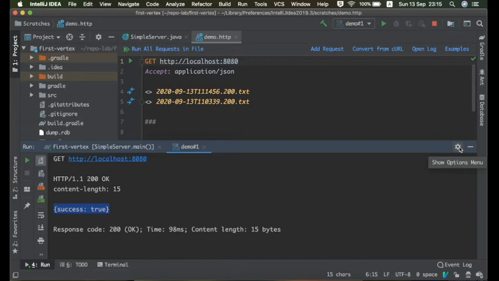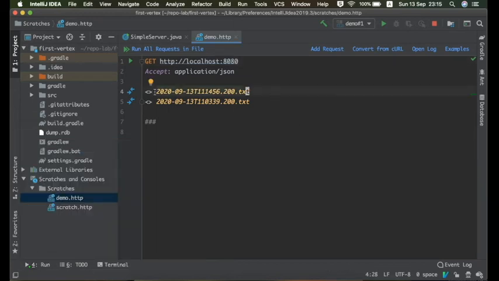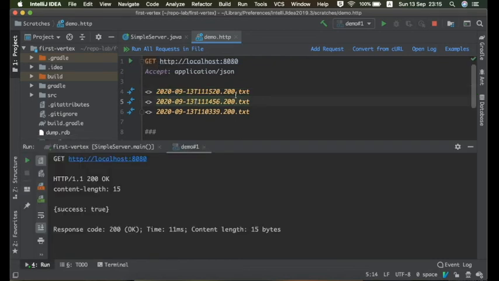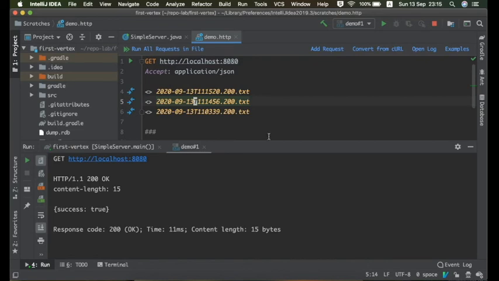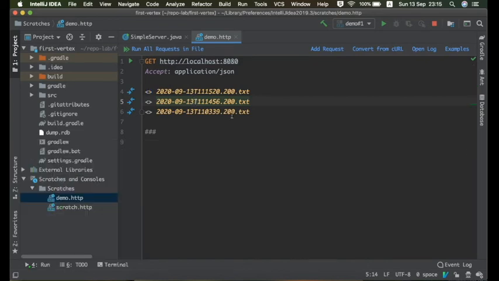And you can also see here one line has been added. If I hit multiple times, every time a temporary file is created. So you can even compare the responses here as well. If you are in the process of developing the APIs and the snapshot of the response might change, it's easier to compare here. What was the earlier one and what is the new response, so it's quite easy.